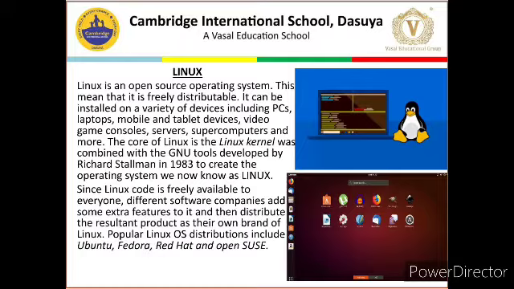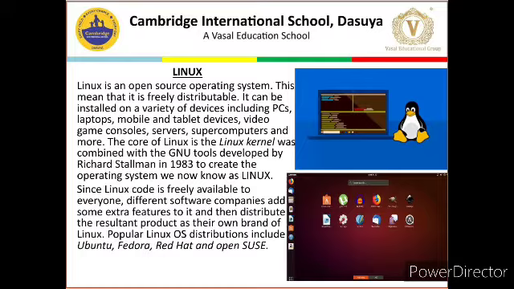Since Linux code is freely available to everyone, different software companies add some extra features to it and then distribute the resultant product as their own brand. Popular Linux OS distributions include Ubuntu, Fedora, Red Hat and OpenSUSE.